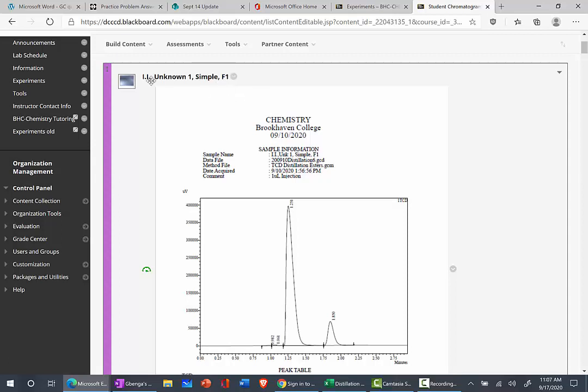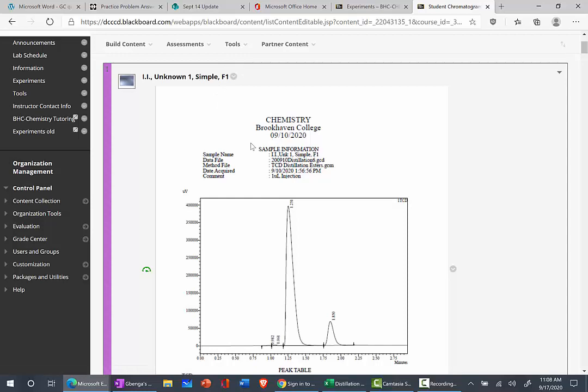So for example, this is a student that has an initial II with an unknown number 1. The student performed simple distillation and fraction number 1, which would be in flask number 1 when this student performed